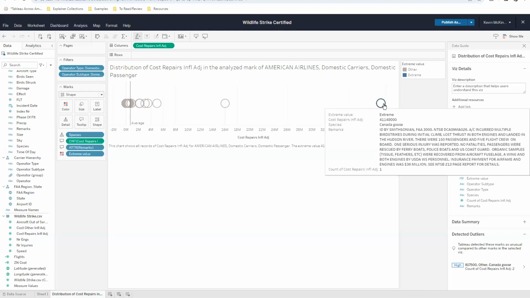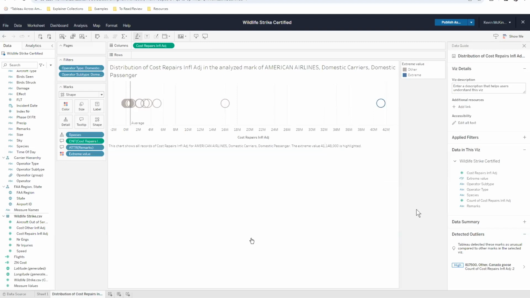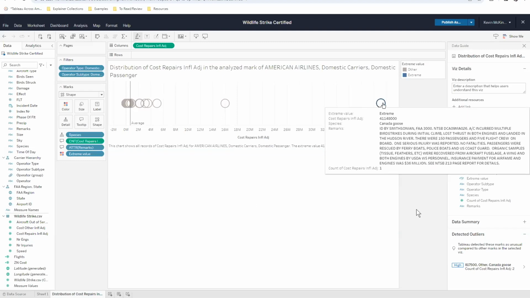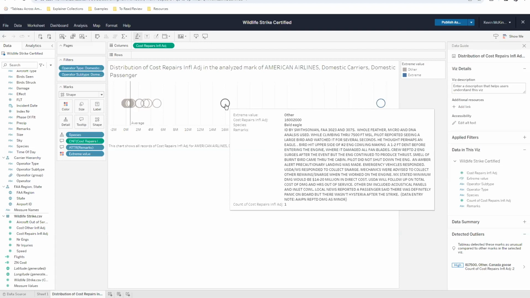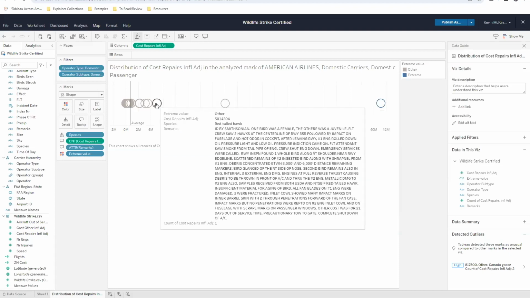Now that we understand what has happened with this data and what is going on with our information, we can provide additional context to leaders who might be interested in, for example, mitigating bird strikes around New York for Canada geese, or other mitigating factors for things like bald eagles or red-tailed hawks.